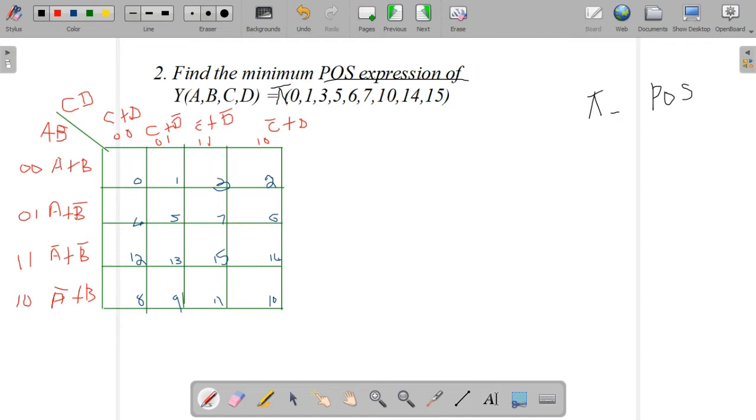Next, substituting that, which value do we need to fill in this? These are the max-term designation numbers, capital M. In the place of max-term designation number 0, what do we have to place? The value 0 we need to place. So here we are placing the value 0. Next 1, again 0. 3, consider that also as a 0.